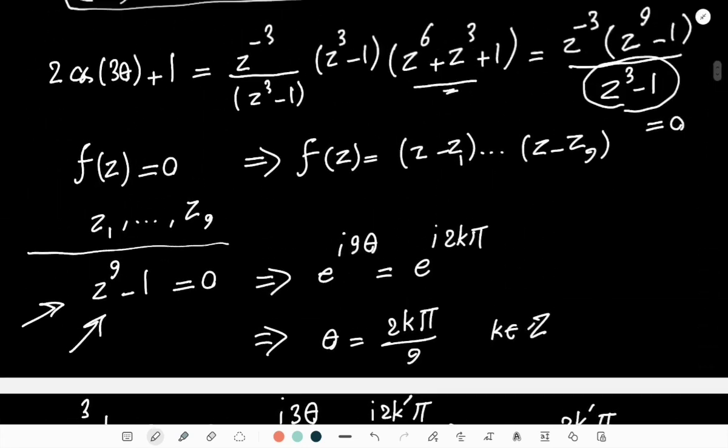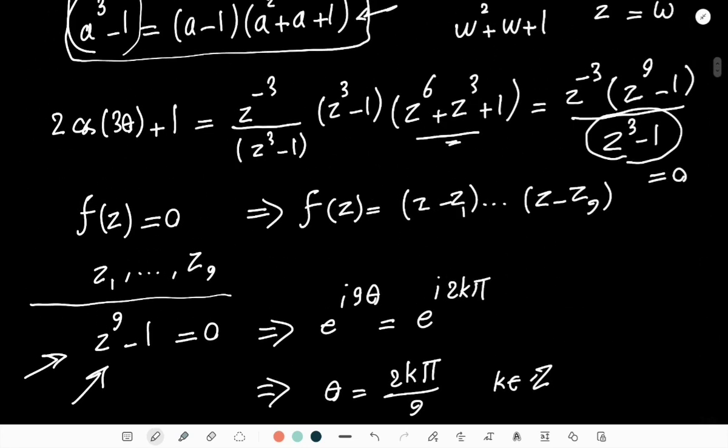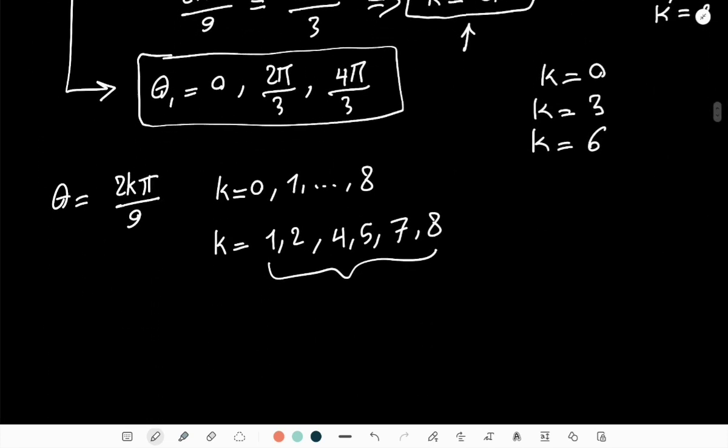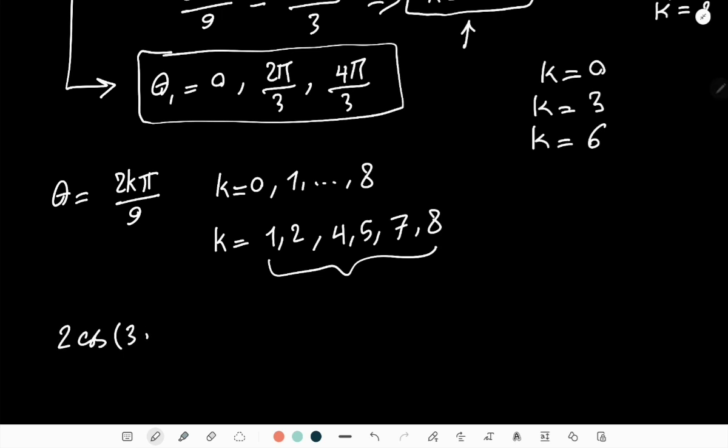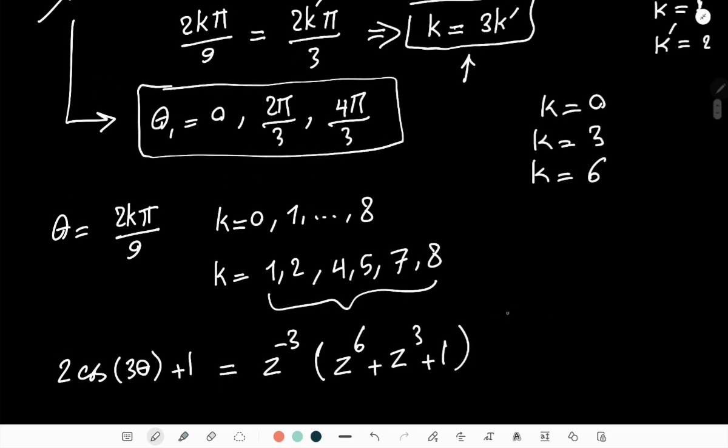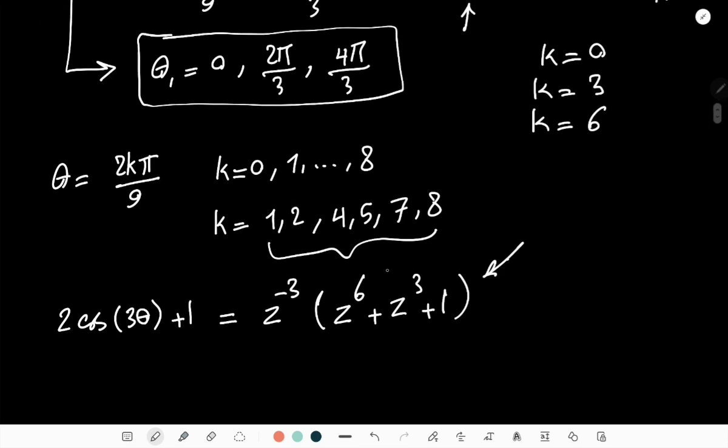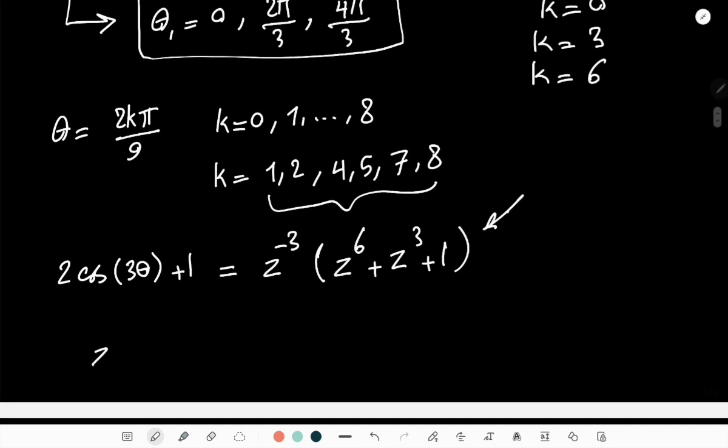By the way, in order to not get lost in the whole process, I will rewrite this equation here. So we have 2 cosine of 3 theta plus 1. This was equal to z to the power of minus 3 times (z^6 plus z^3 plus 1), if you remember. And now I have found the roots to this equation. All I need to do is put these thetas in e to the power of i theta. So if you put k equals 1, what you will get,